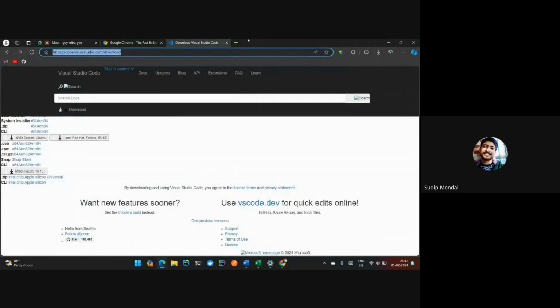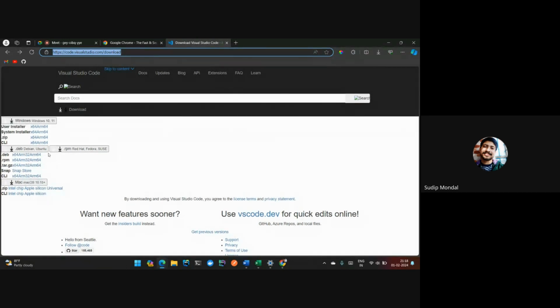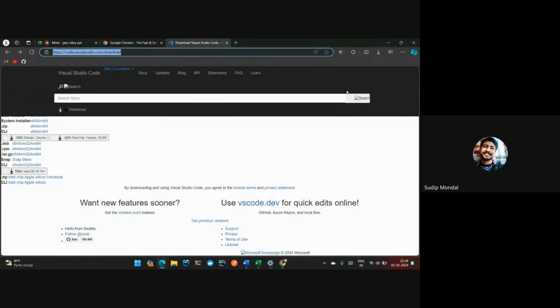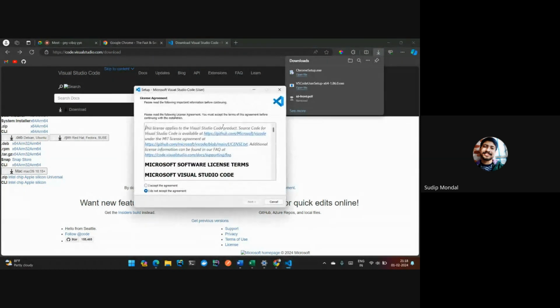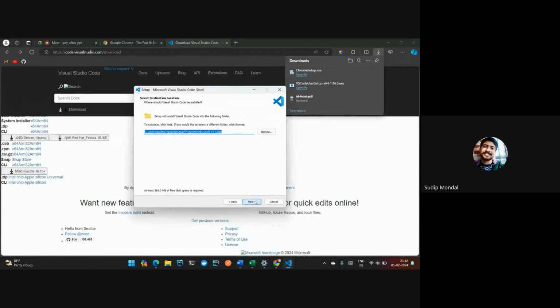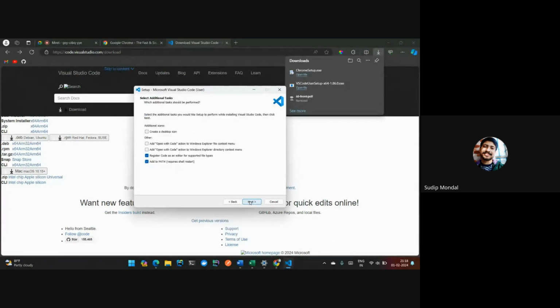Now coming to VS Code, you will get an option for your operating system: Windows, Debian, and Mac. I have chosen the Windows option, and once you choose any option, this file will be downloaded, the VS Code user setup. Once you open the file, you have to accept the agreement, go to next, and install it.